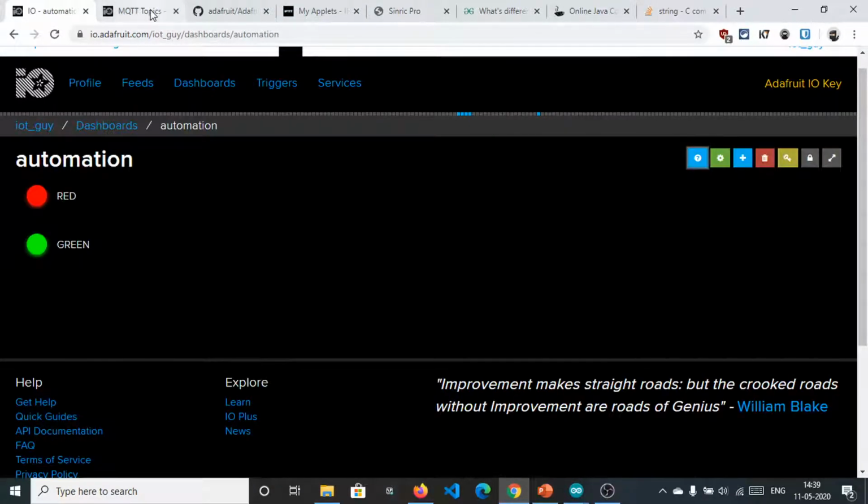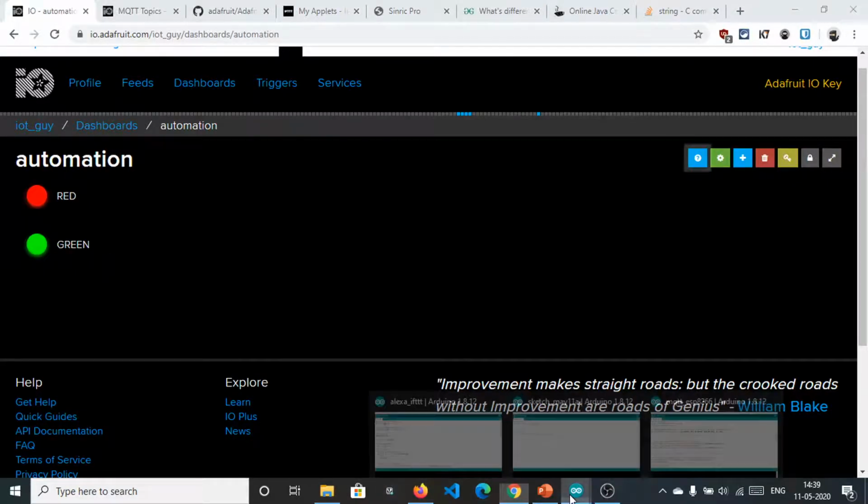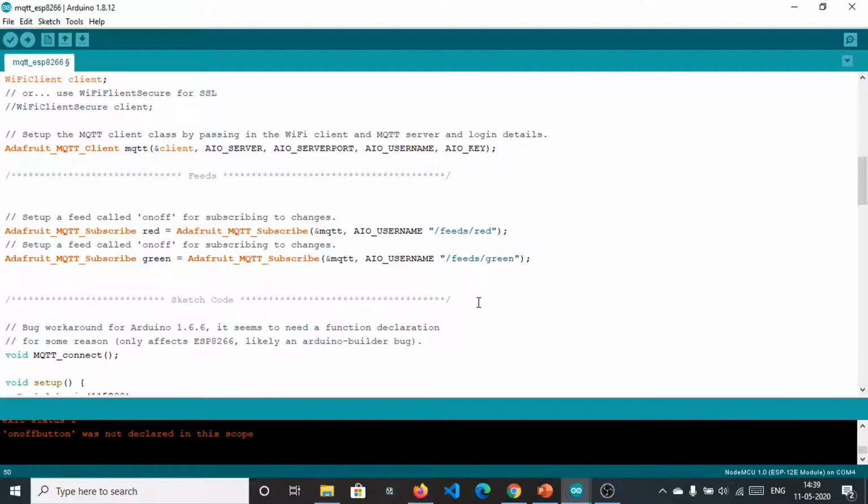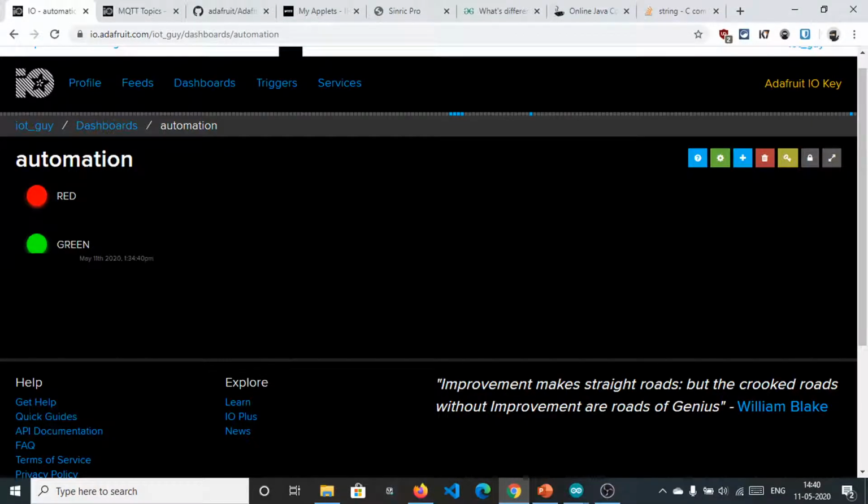Now we need to send data from our NodeMCU using this sketch. First I'll explain this one. This green is defined for subscribing to the green topic. This is the green feed, and it is connected to the red feed.